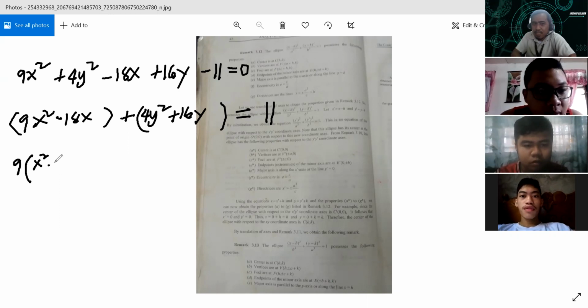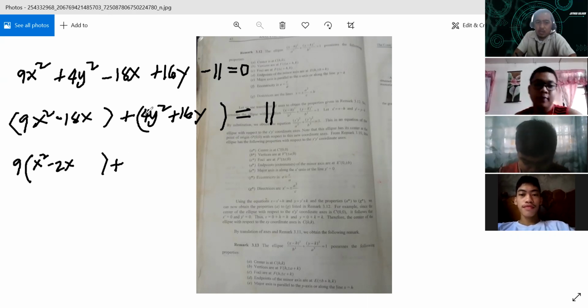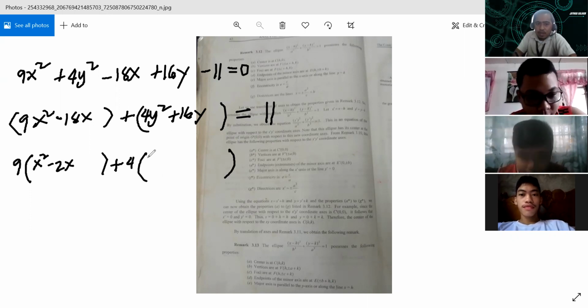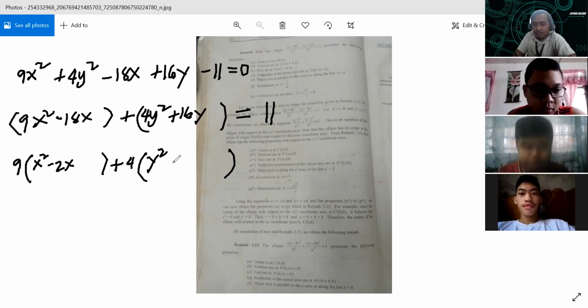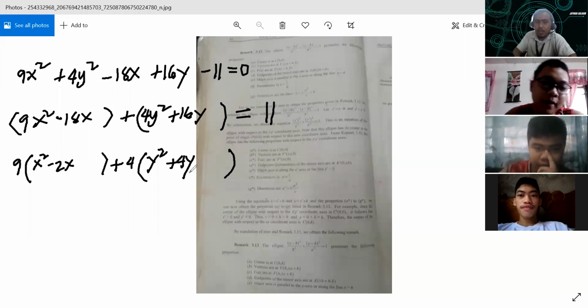Negative 2x. Very good. It should be negative 2x. How about the other side? So you factor out 4, right? So you will now have here y squared. How about here? What should be the answer? Positive 4y. Very good. Positive 4y